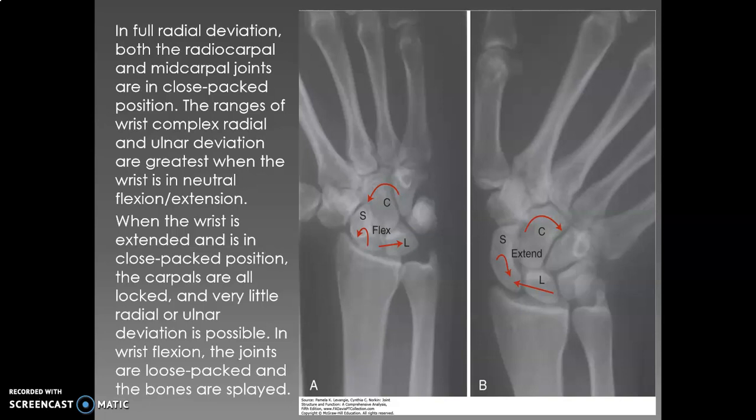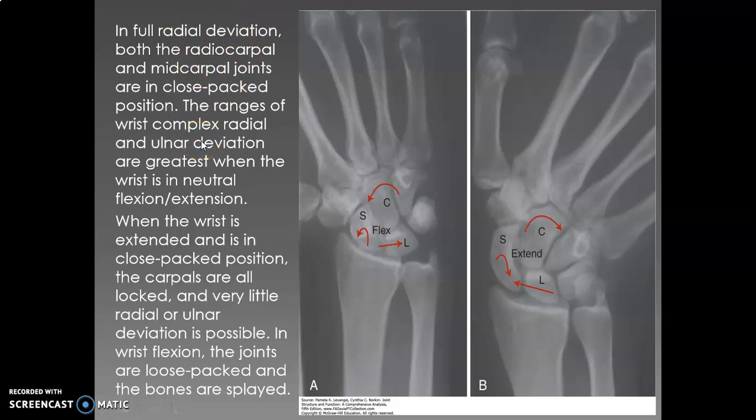Try the same way: put your wrist in extension and try to do ulnar and radial deviation, you will get it, but only mild. But put it into the neutral position and try. Now you can move the wrist joint well over 45 degrees of ulnar deviation, and a lesser range, maybe 25 to 30 degrees, of radial deviation is possible. That is what we are saying. Because if the carpal bones are not going into a closed-pack position, one cannot get radial and ulnar deviation.